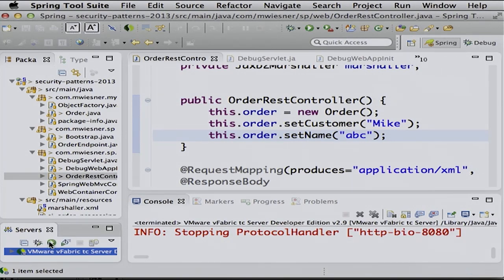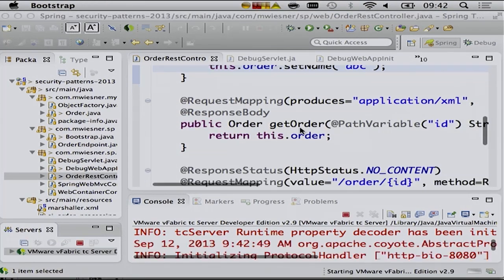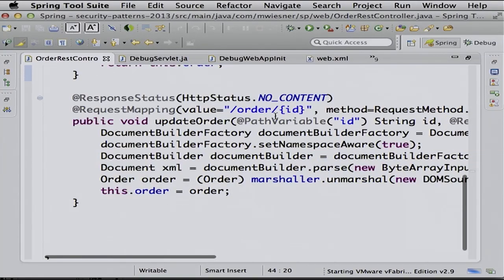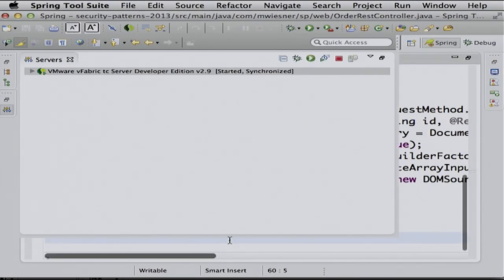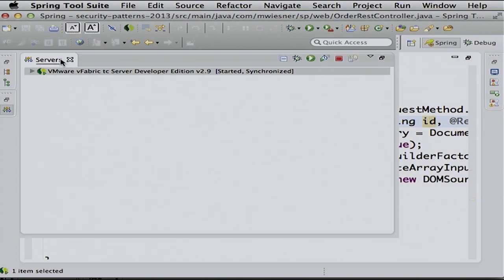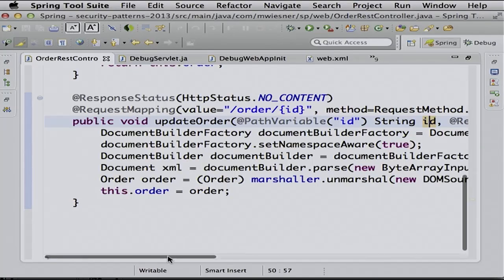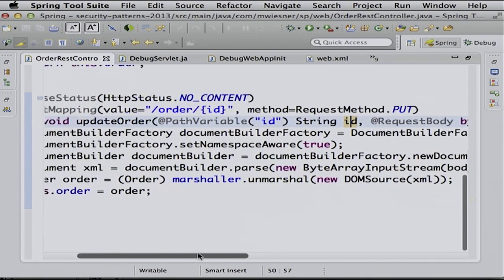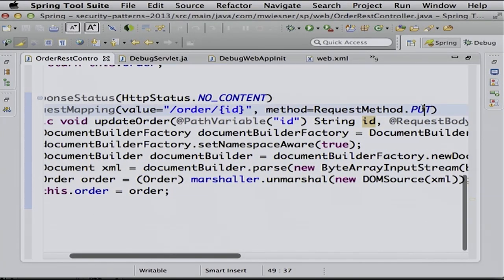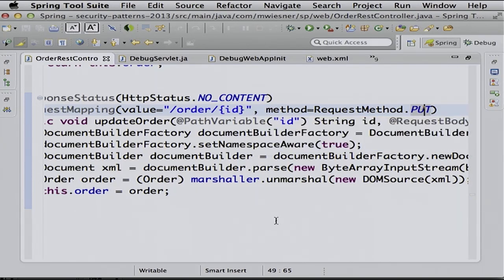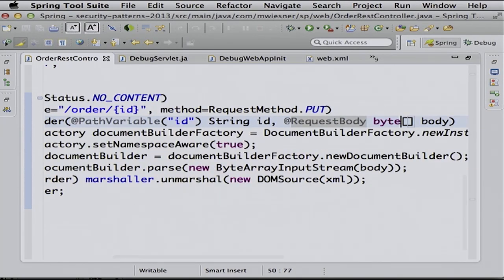As you can see, we not only have a get here, we also have an update method. It's mapped to order ID and put. It's clearly a REST update method, so we want to update the order here.